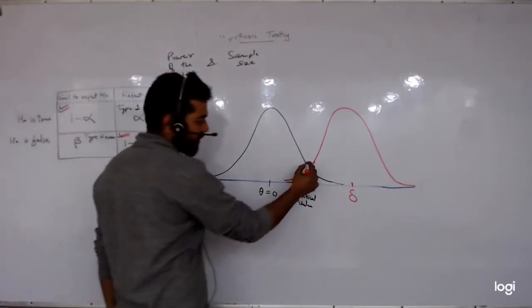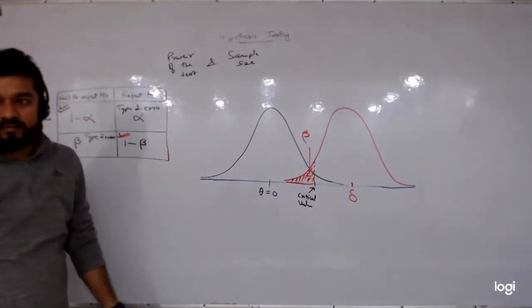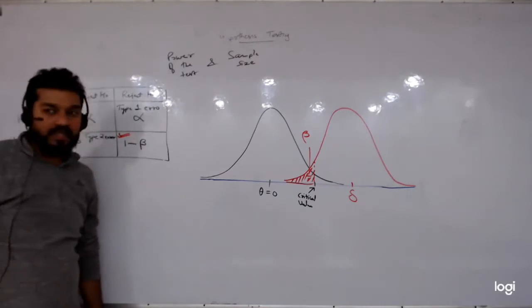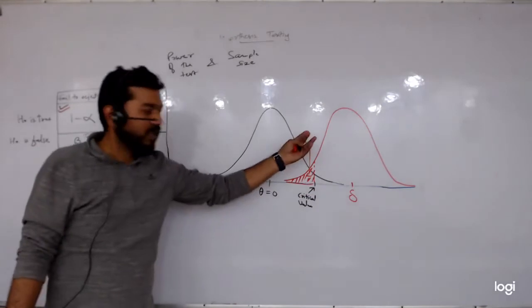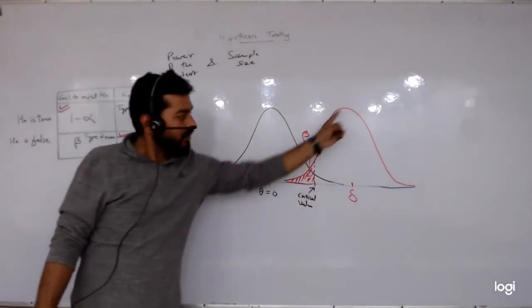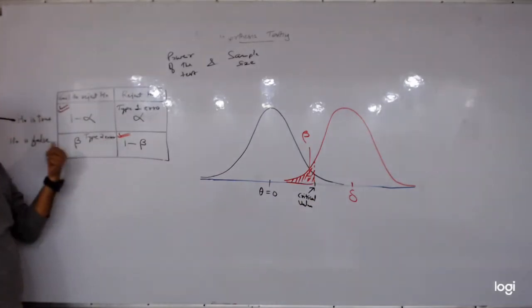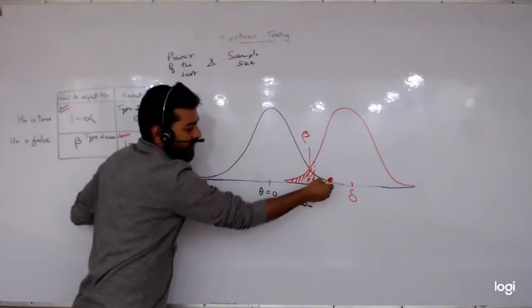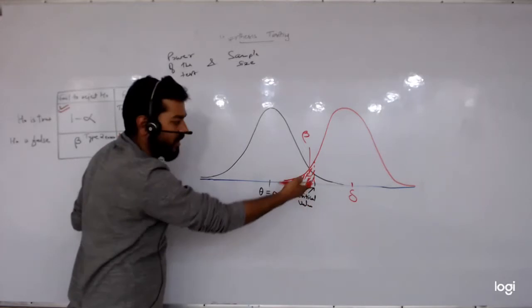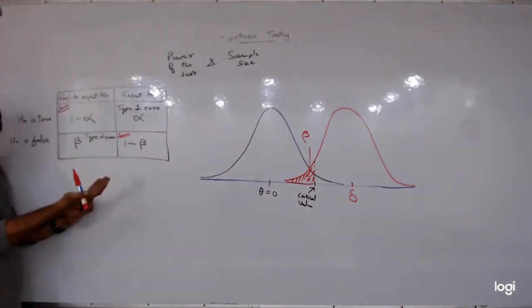What we're doing is then we're making a type 2 error. This area is beta. The probability of values ending up here, even though this is true, that is beta. Area under this true density curve now. Type 2 error, it's false. Ideally, the value should be away, close to here, away from here, but things are not always ideal. It ends up here. We fail to reject it. That is beta. That is type 2 error.